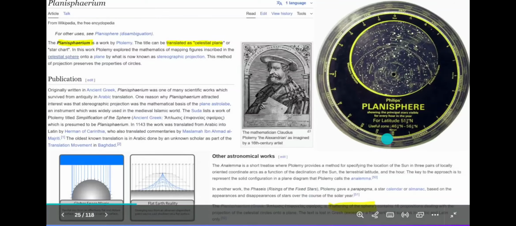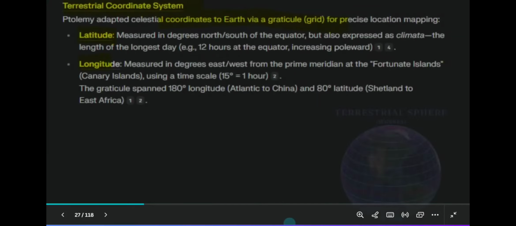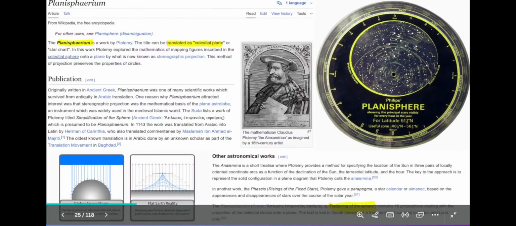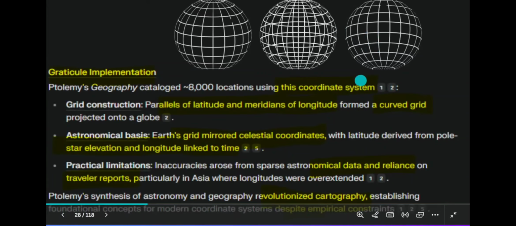These are the two things that Ptolemy put together to create the first book ever put forth on cartography, called Geographia. So within his book, he used the graticule, or latitude and longitude, right? He imposed a grid of parallels of latitude and meridians to form a curved grid, which he then projected his map projections on. So he made his coordinate system, and from that, he projected his famous two map